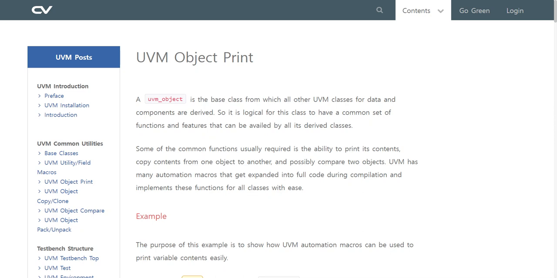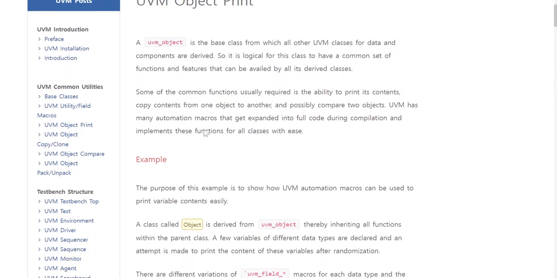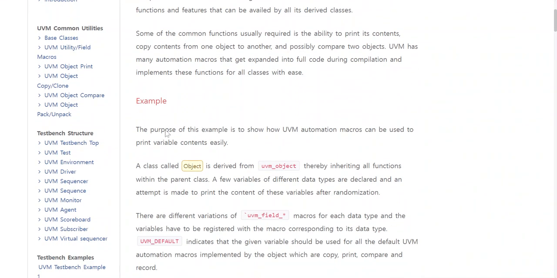Some of the common functions usually required are the ability to print the content, copy content from one object to another, and possibly compare two objects. UVM has many automation macros that get expanded into full code during compilation and implement these functions for all classes. Example. The purpose of the example is to show how the UVM automation macros can be used to